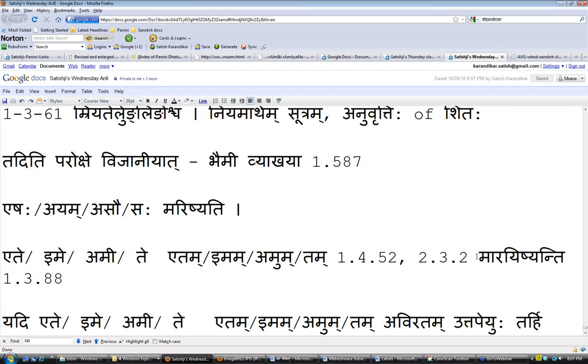Actually, you know what? If you look at Antoine page 113, he has given this shlokaha. Idam pratyakshagatam samipavarti chaitado rupam, adasastu viprakrishte taditi parokshe vijaniyat. Actually, on Antoine page 113. Let me put here. You have that karika over there. So Antoine page 113. Okay. So I just noticed that.